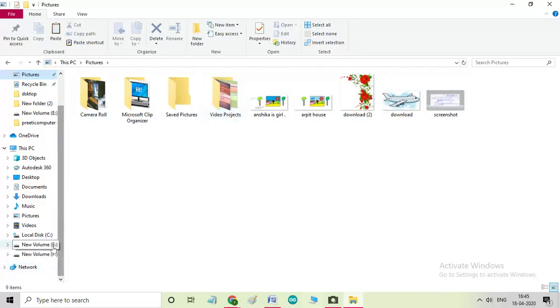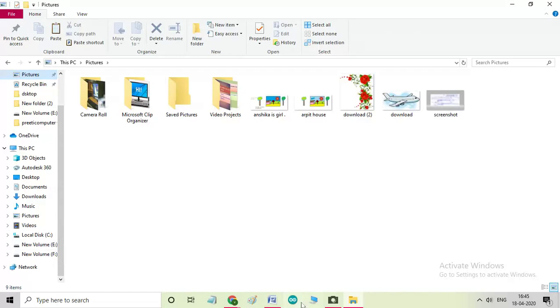In the same way, here at the bottom left-hand side, you can see Local Disk, New Volume E, and New Volume F. These are the drives which I have in my computer. So how we will move and copy files and folders from one drive to another, we will learn today.